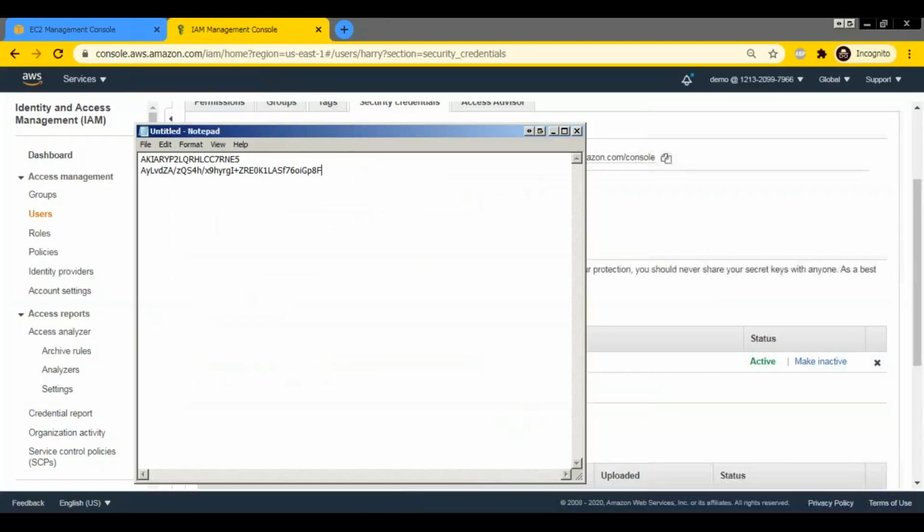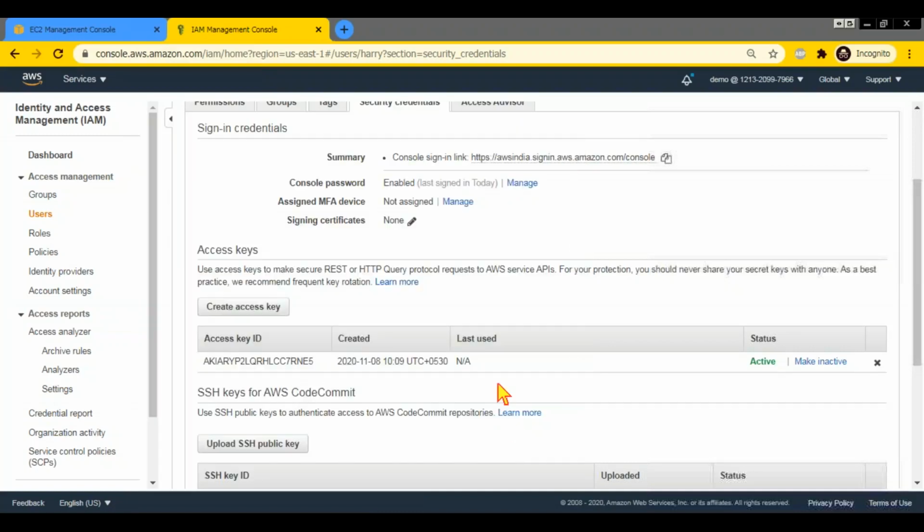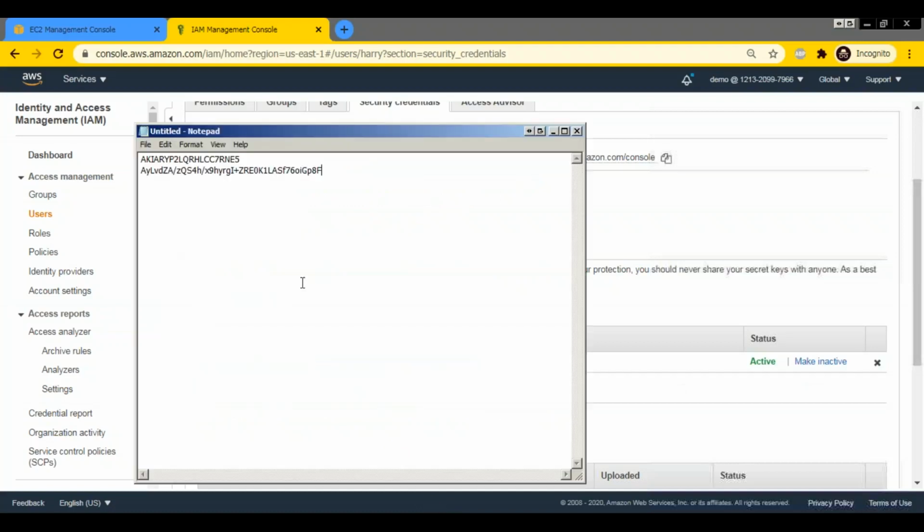If you lose this combination or you forget it, you create a new access key. You remove the existing access key, make it inactive or totally remove it, and create a new access key. You can't edit this access key. It is randomly generated. If you lose this secret key, you can't recover it. You remove this and use a new access key combination. Even though they say access key, it is a combination of access key and secret access key.